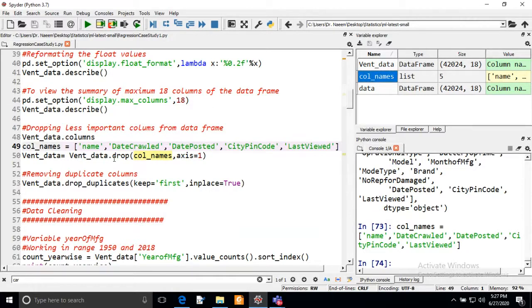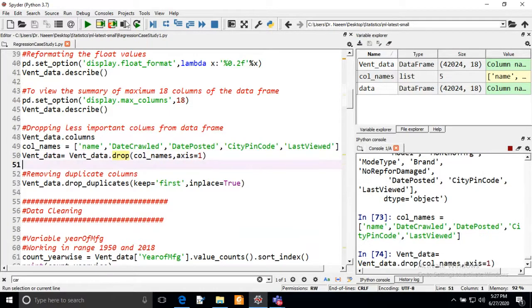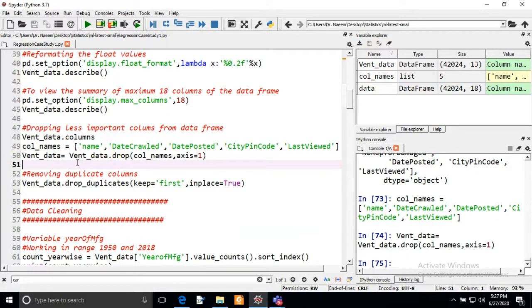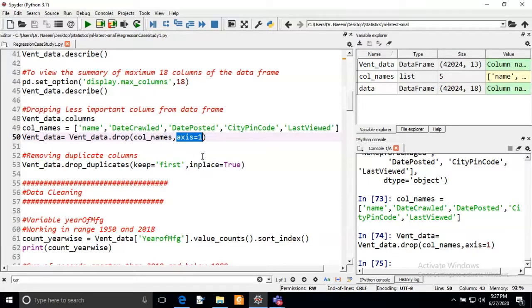Now I'm going to drop all these values. If you execute this command vent_data.drop, and you pass column_name, this is the variable, the list that we created in the previous command, and I am passing here axis equal to 1, which represents that column-wise we have to remove all these values.